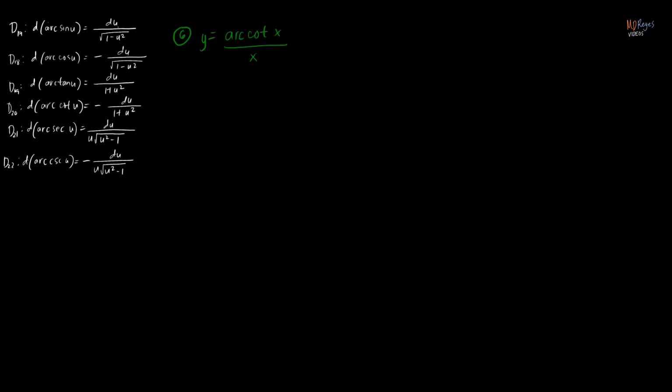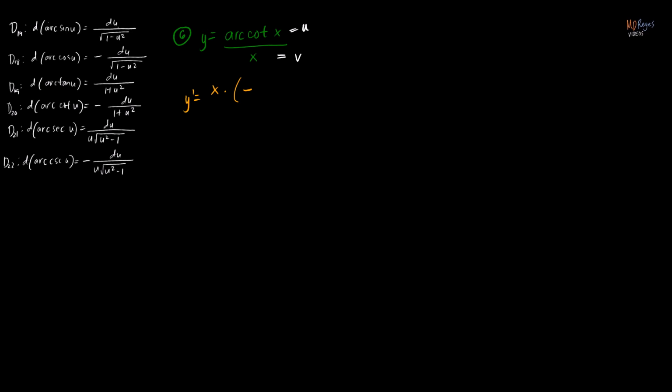The function in number 6 is a quotient of arc cotangent of x and x. So we'll use the quotient rule to differentiate this, where u is equal to the numerator arc cotangent of x and v is equal to the denominator x. We get y prime using the quotient rule. So that's x times the derivative of arc cotangent of x. So that is negative, using d/dx of arc cot u, where u is